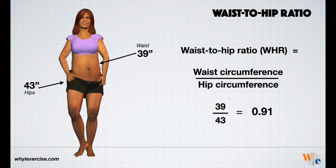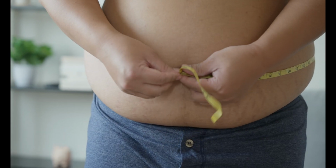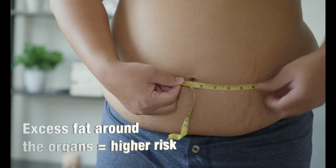Calculate your waist-to-hip ratio by dividing your waist by your hip circumference. To see your health risk score, find your hip circumference in the left column and scan to the right to find your waist. The average woman, represented by the star on the chart, has nearly 2 times the risk of having a heart attack compared to a woman with optimal measurements, according to a 2018 study. Scientists believe the increased health risk observed in people with larger waists is due to a higher concentration of fat